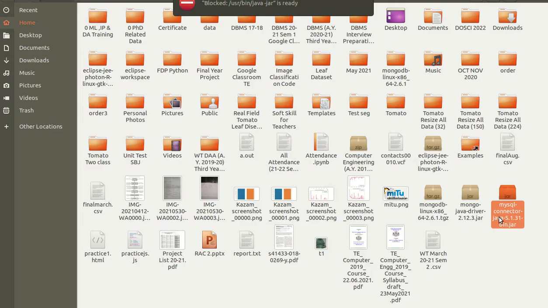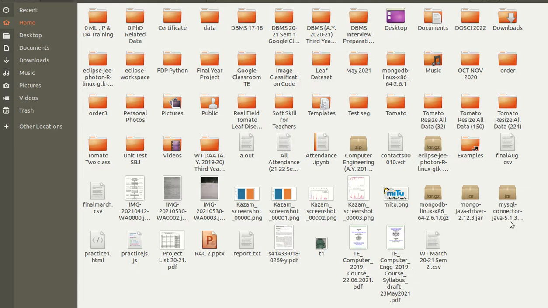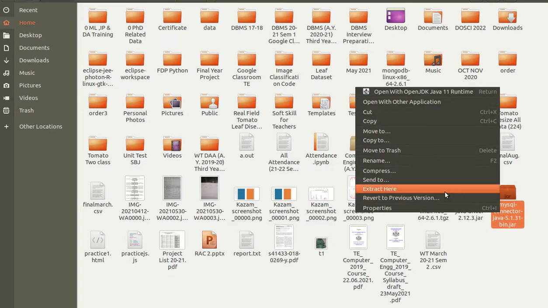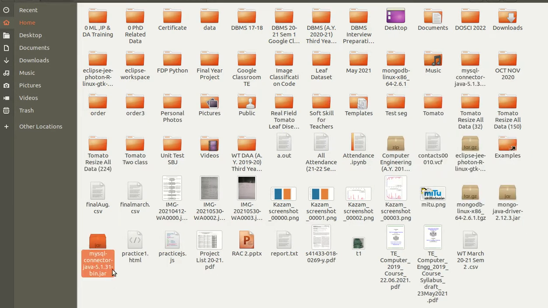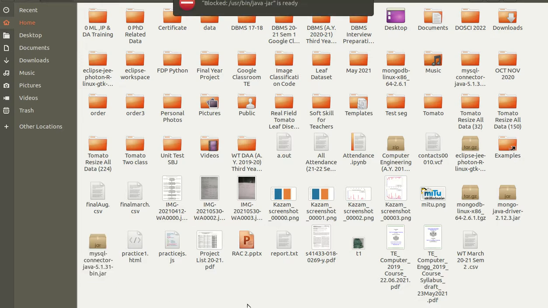Okay, so a connector. I can extract this connector, but for configuring with our project we will require directly this jar file, so it is not required to extract it. But if you see the path of this file, I'll just show you the extracted path of this MySQL jar file.